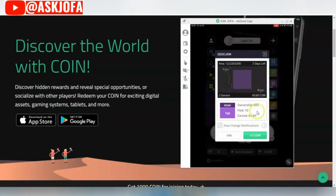At the end of every week, you have to drop some of your reward. The volume you drop will determine the percentage of your ownership. Like I just dropped 5 now. I've dropped 15 since this week, and that 15 only earned me ownership of 75%, which has earned me 63.83 out of 83.83 coin. And we have 2